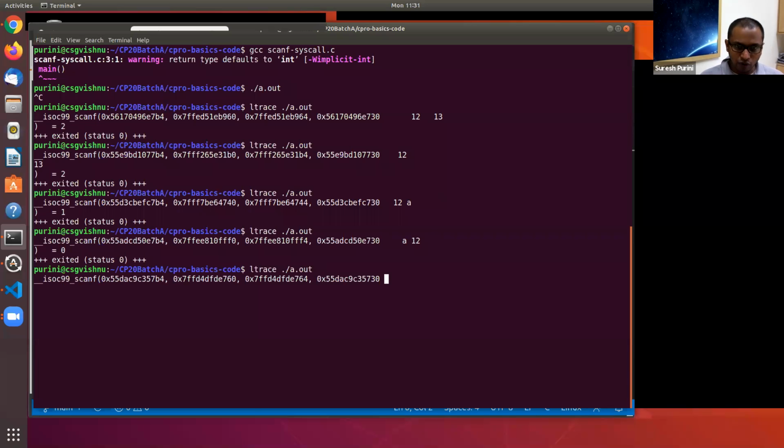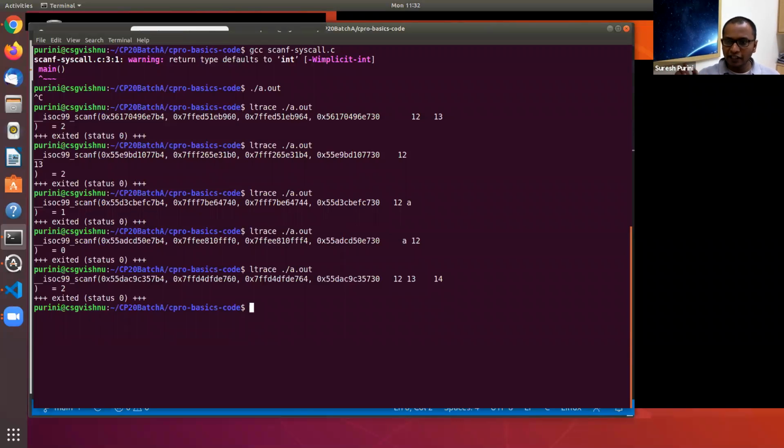And let's see what if we go beyond two inputs. It doesn't affect anything because scanf successfully reads 12 and 13 and ignores the rest of the characters present in the keyboard buffer, which will be supplied to the next input reading routine.